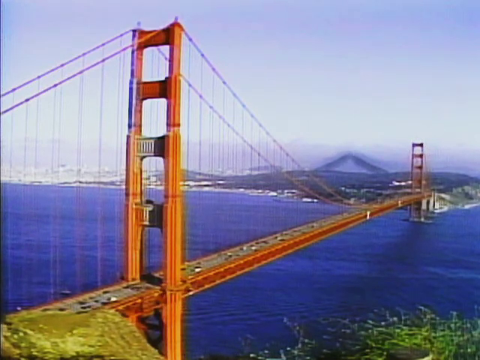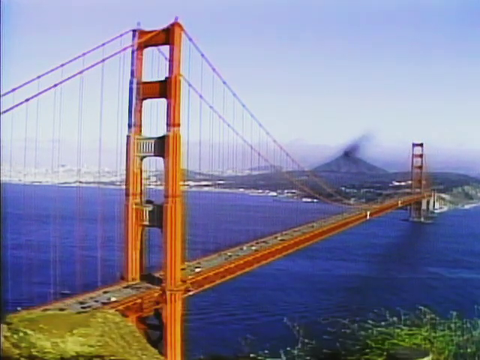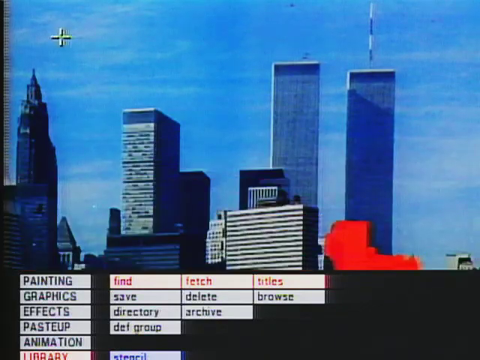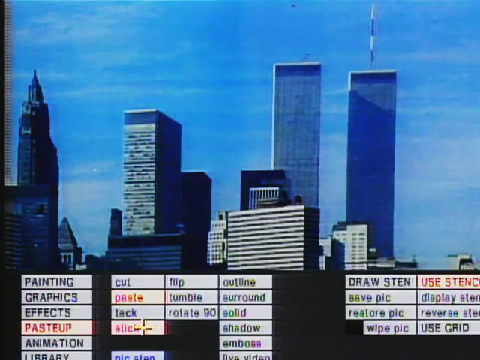Create a new reality by adding an erupting volcano to the San Francisco skyline. Or remove the World Trade Center from the New York City skyline.